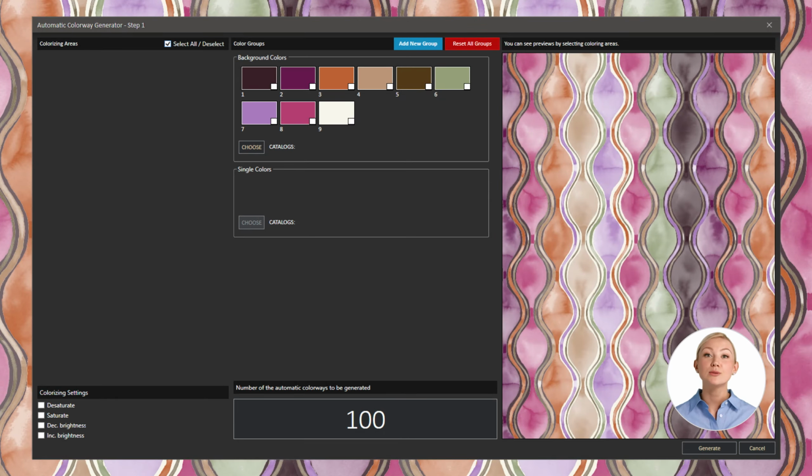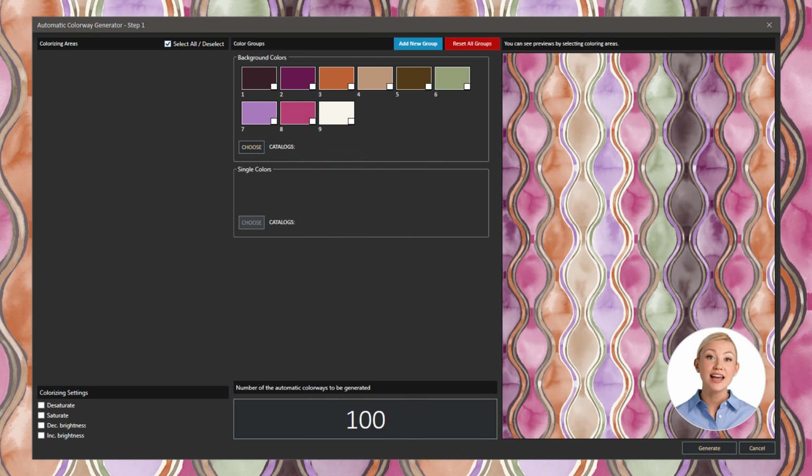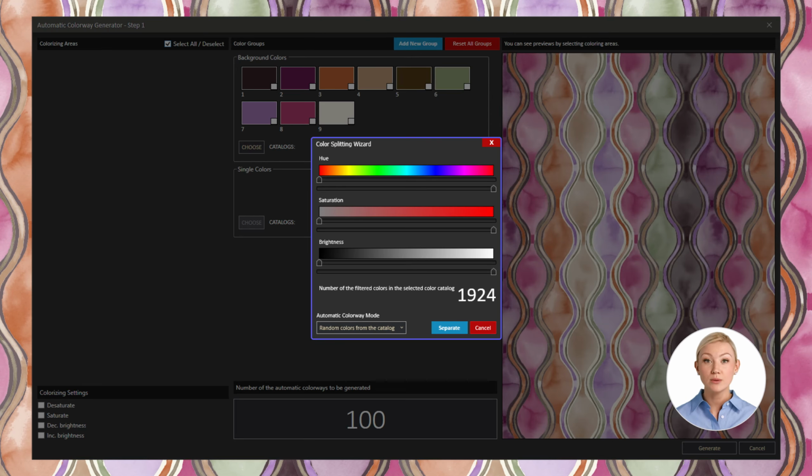You can add new groups using the Add New Group button or reset all arranged groups using the Reset All Groups button. The created group contains a catalog selection button. When you click the Select button, you can choose color from Spectrum or any other desired color catalog. When you select a color catalog, the color splitting wizard window will appear. From this window, you can adjust the colors you want to be automatically generated based on the hue, saturation, and